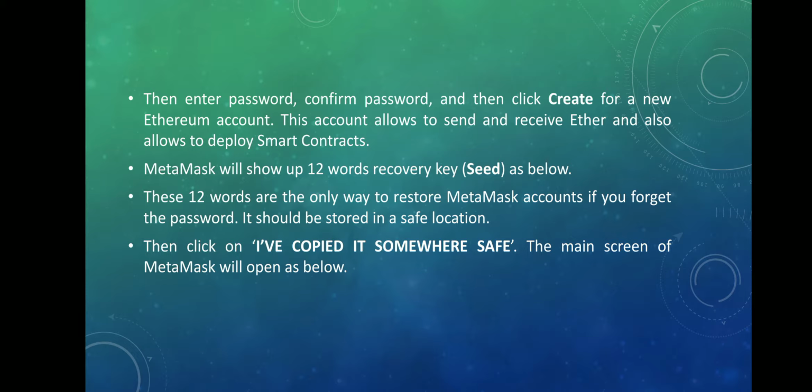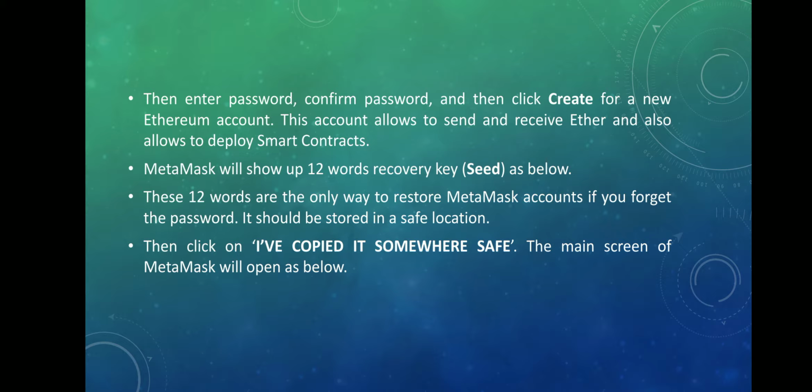In order to recover them, you need to keep this 12-word recovery key in a confidential place. You can copy these 12 words somewhere else, so it will be helpful in recovering your MetaMask account or Ether accounts.